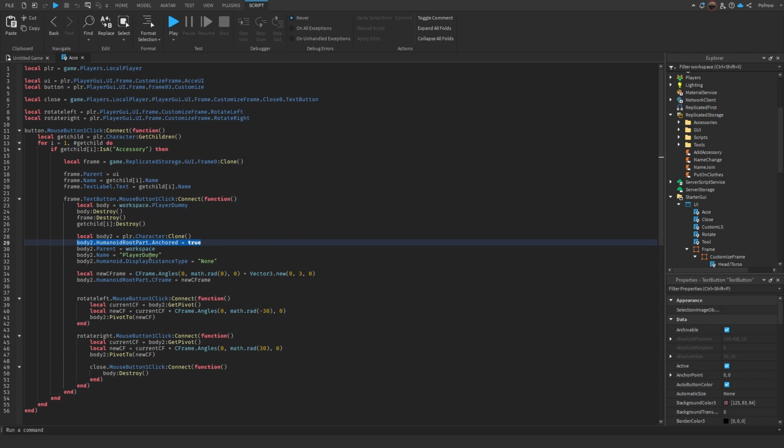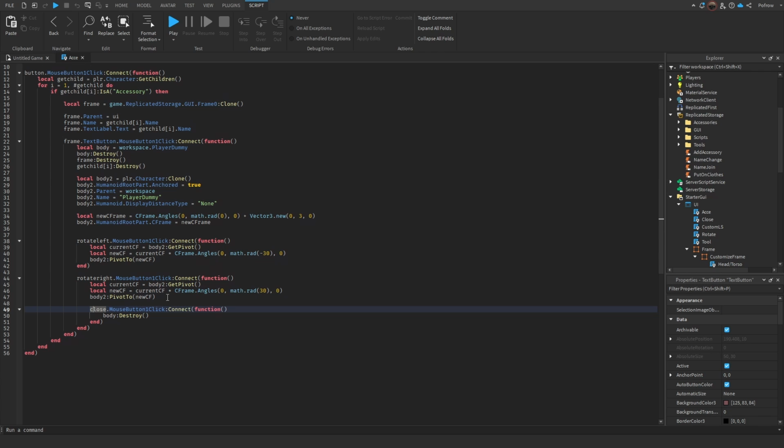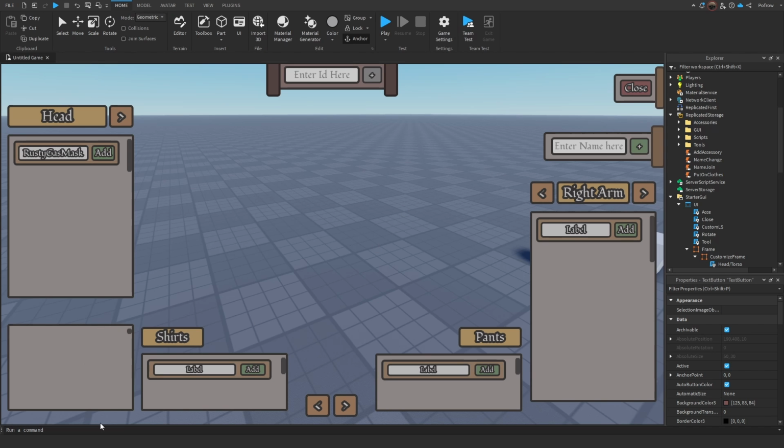It anchors it, it renames it, makes sure it's always called player dummy, and then it does the same with the location. And you can just copy the rotate stuff and insert it in here. And the close button, we have the close button, so if you click on the close button, it also destroys the new body that was made inside this script. Make sure you add the rotate and the close stuff, otherwise you will get bugs. So now that we have finished the accessories thingy, we can start with the